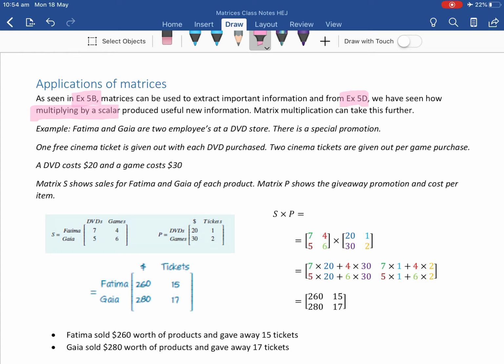That's what a scalar is used for. So now that we've just learnt matrix multiplication, we can take it further in terms of applying it to a real life situation. So this example